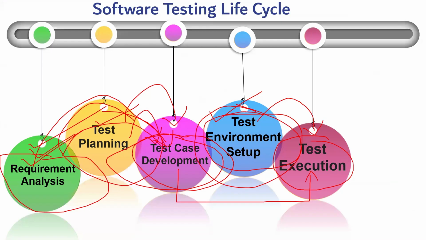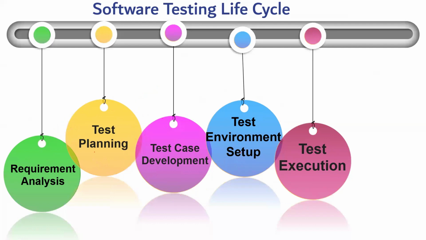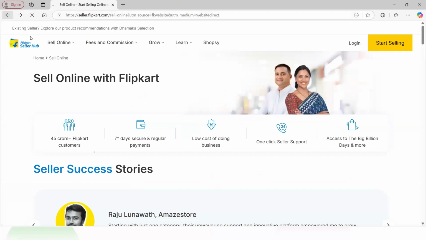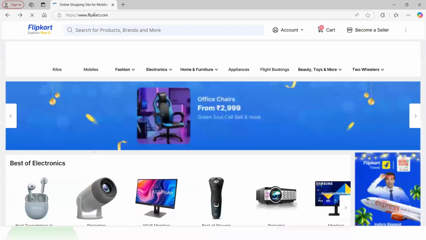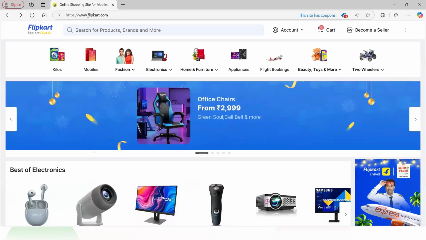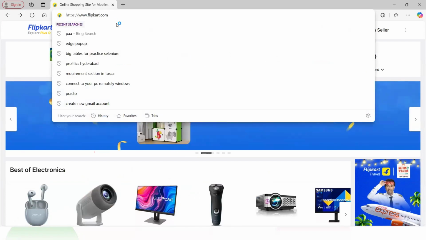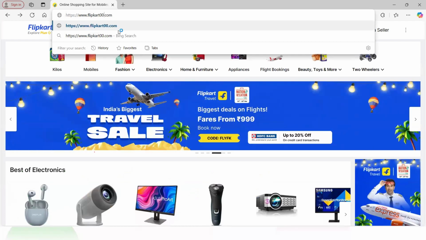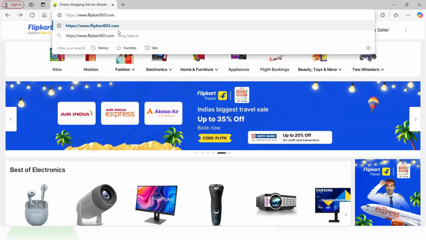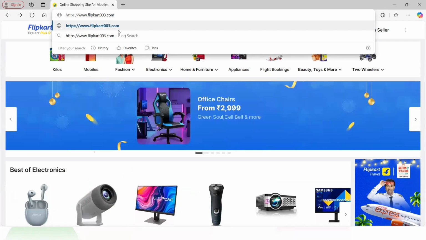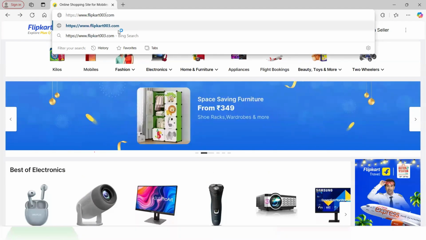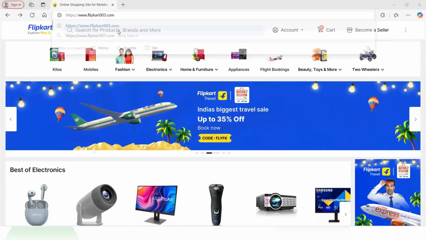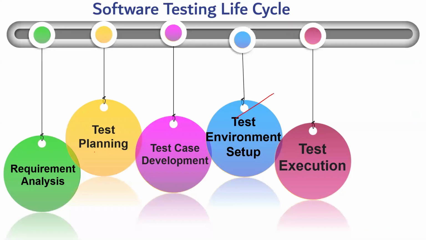Based on your requirement, they will write the test cases. Now, in order to execute the test cases, generally they will execute them in an environment. See, this is a production environment, guys: www.flipkart.com. What they will do is use Flipkart 001, which is a sample environment, and 002, 003, some samples they will create. Why? If it works in the sample, the same code they will push to production. That's why it is a lower environment.